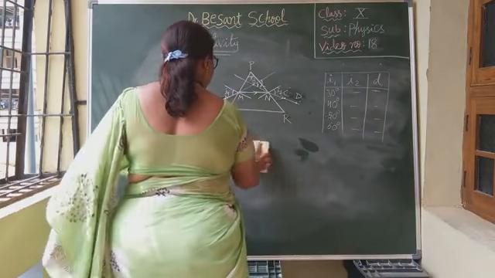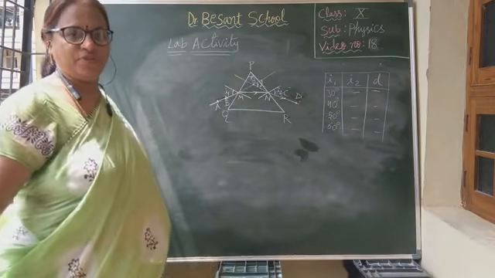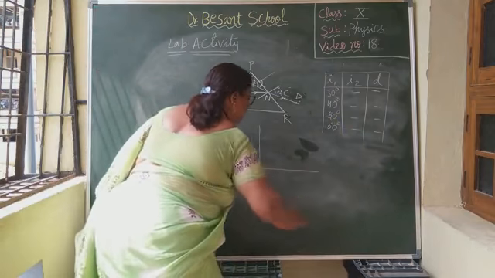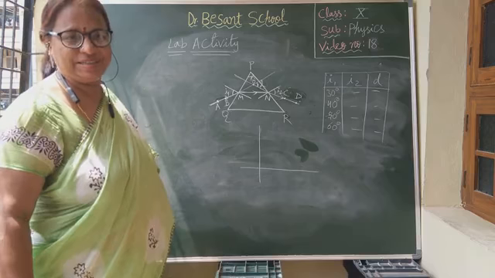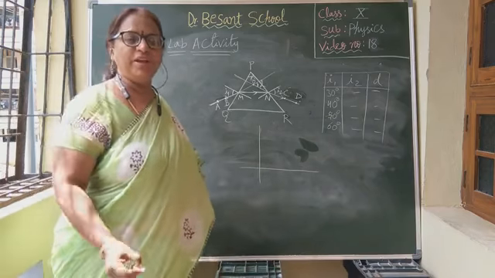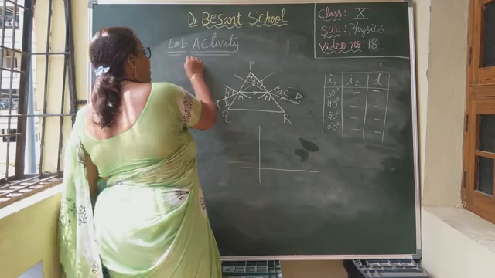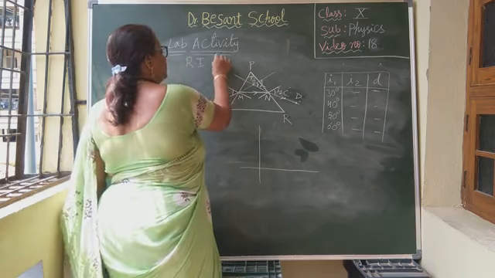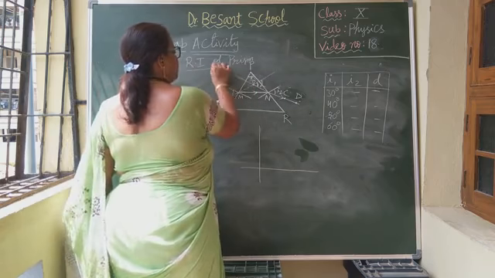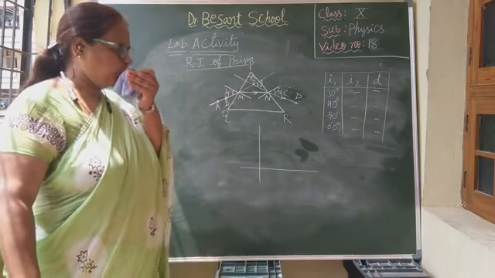After getting different angles, you should draw a graph on your graph paper. Why? To find the angle of minimum deviation. What is the angle of minimum deviation for? If we know the value of the angle of minimum deviation, then only can we find the refractive index of the prism. We can find the refractive index of the prism using the value of minimum deviation. How will you find it?